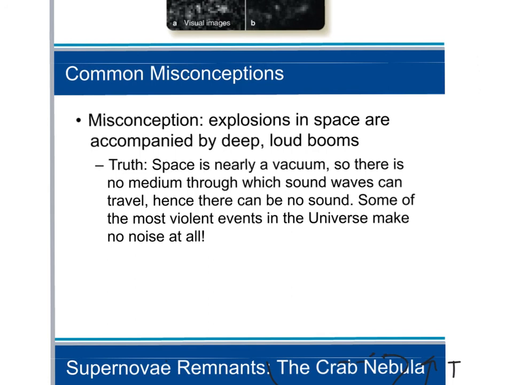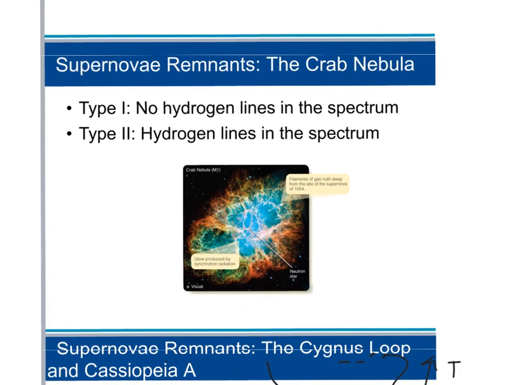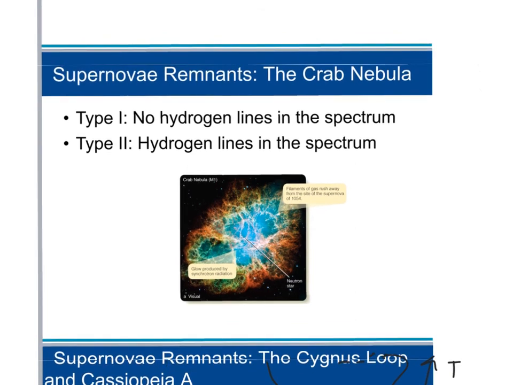But because there is no atmosphere or air in outer space, it's a vacuum, there is no medium for sound to travel in. So in outer space there is no sound at all. You don't hear any sonic boom or anything in outer space. So when a star explodes into a supernova, you get a real pretty colorful picture there, and those are the spectral lines.